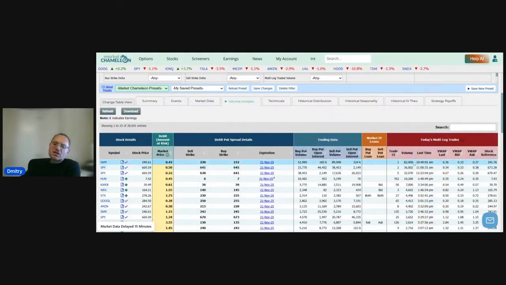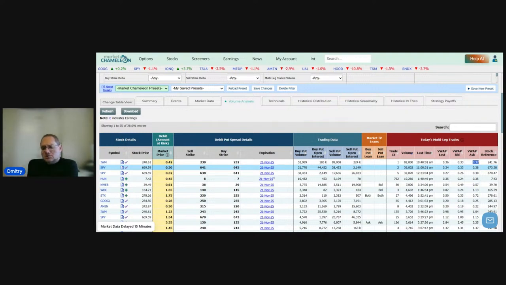So here we see 82,000 contracts traded in this put spread for a VWAP price of 36 cents. And at the time, the market was 33 cents, 37 cents. So the market was a little bit tighter than the one we last saw. And it traded at a price that was slightly better than the ask. Right? The ask was 37 cents. It traded, so there was a little bit of a price improvement closer to the midpoint,